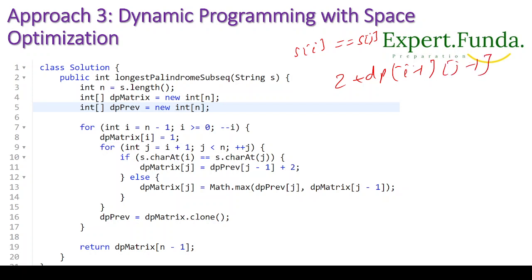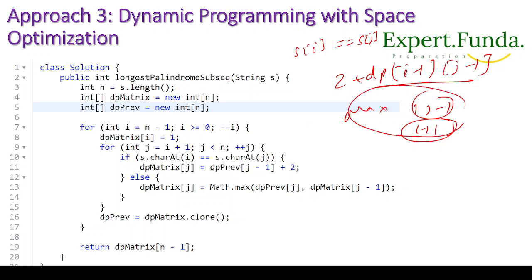We have already understood. And if not, then we will take the matrix of i and j minus 1, and i plus 1 and j. We will write which one is max,